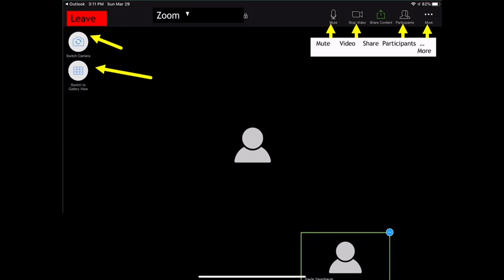The speaker view is the default view. This means you will always view the speaker. But as I said, sometimes you'd like to view your other classmates. If there are more than 9 people in gallery view, you will have the option to tap on your screen and to move it over to see the other people. So this again is something that I would recommend that you experiment with. Okay, so going back to the screen itself,